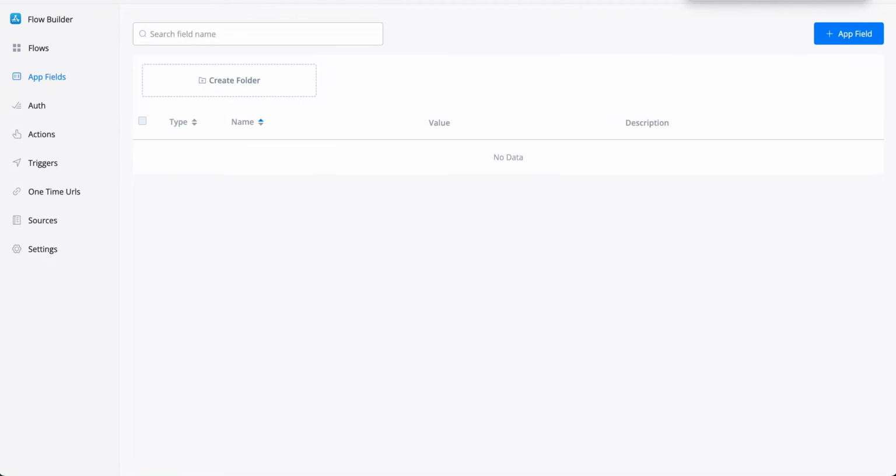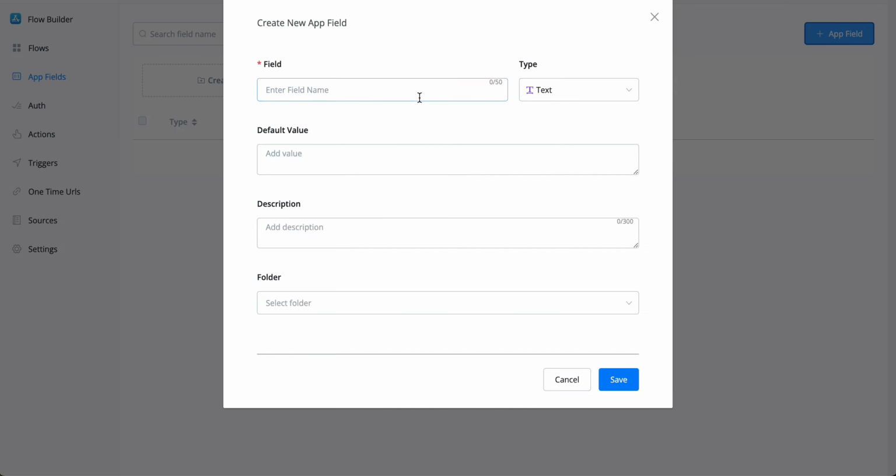Fields are used similar to custom fields inside of your chatbot builds. You can go to app fields on the left hand side and then create an app field. An app field you can give a name. So for example, let's say